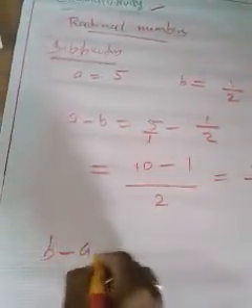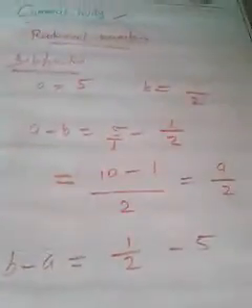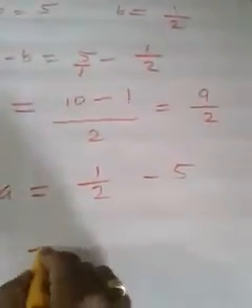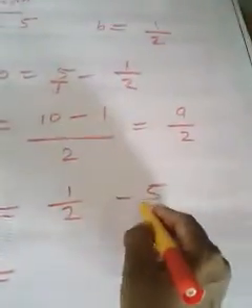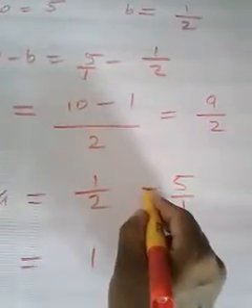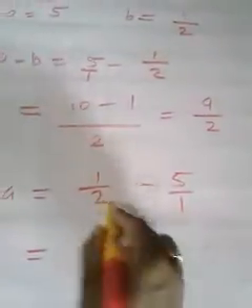Then we need B minus A. What is B minus A? 1 by 2 minus 5. I am repeating why I am selecting this difficult example, because then you will learn more operations. That's why. Then 1 by 2 minus 5. Just give a denominator 1 and cross multiply. What is 1 into 1? 1. Then the operation subtraction. 2 into 5 is 10, by 2 into 1 is 2.